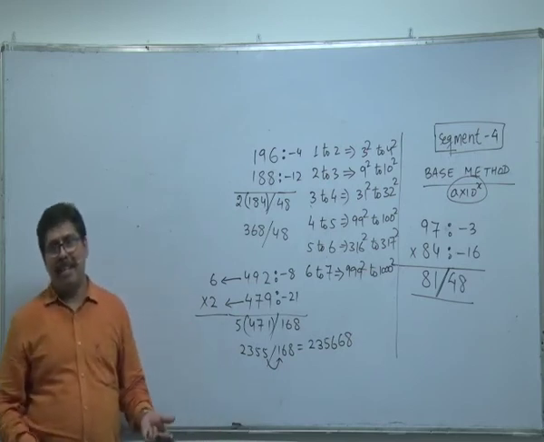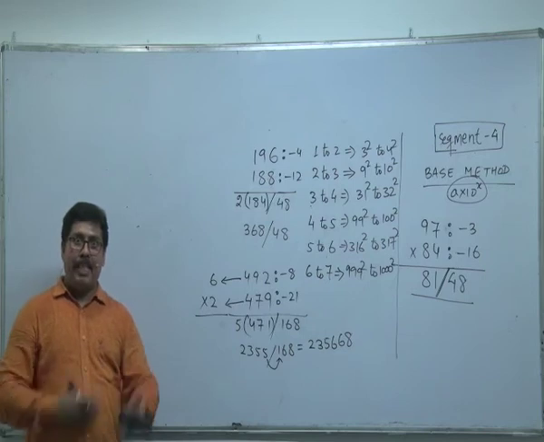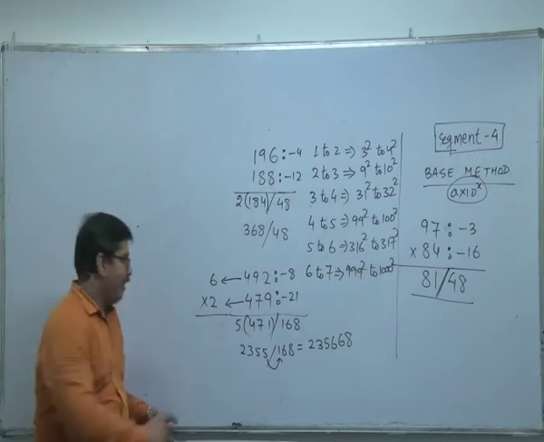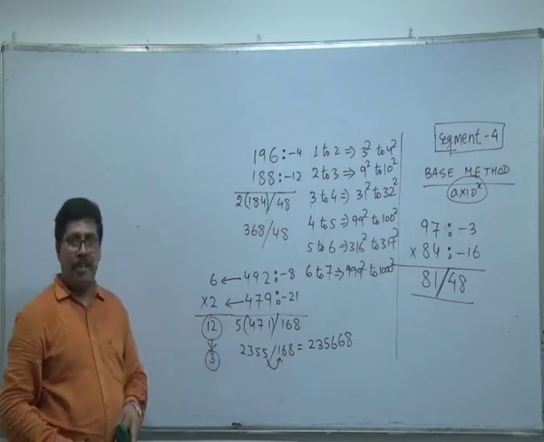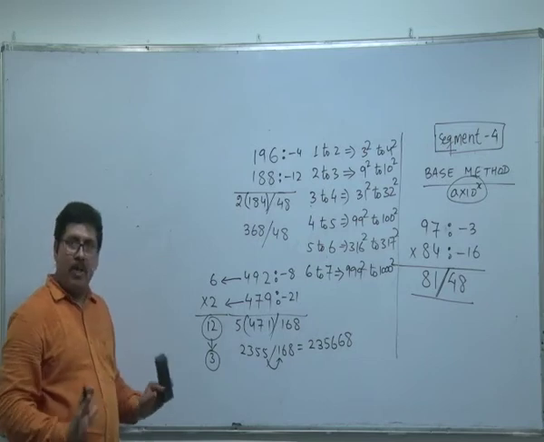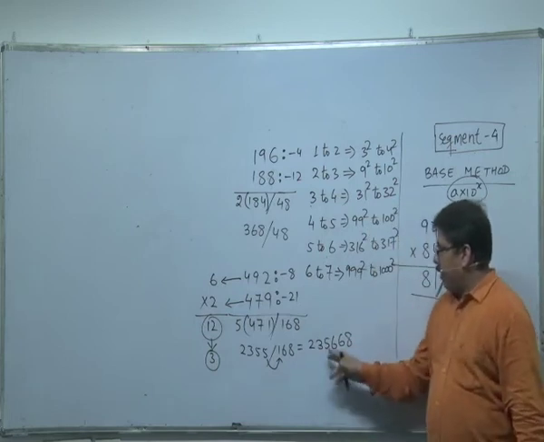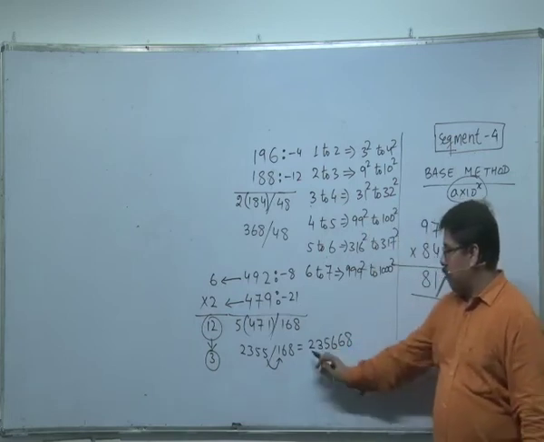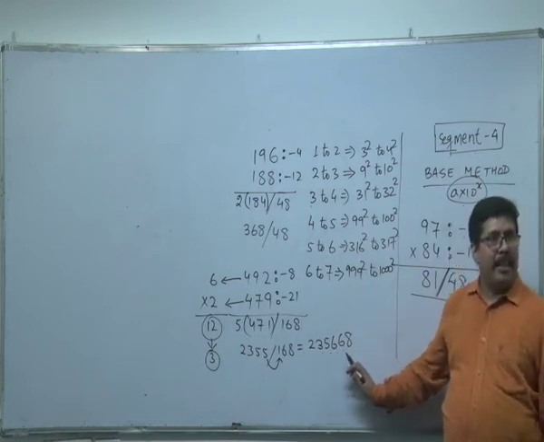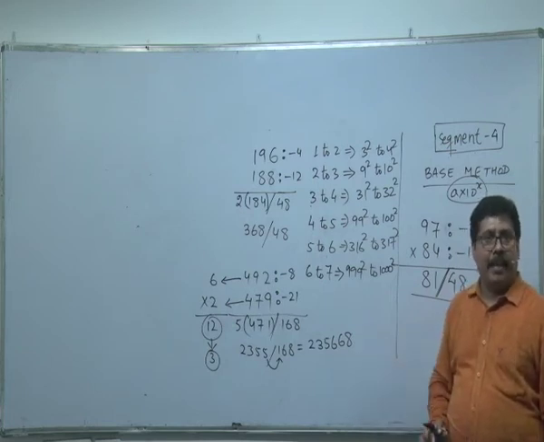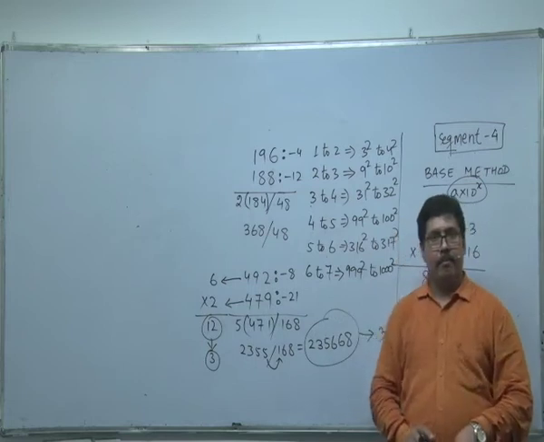अरे बाबा ये कैसा मजाक है? 6 into 2, 3 कैसे हो सकता है? 6 into 2 तो 12 होता है. But 12 is eventually 3 ना? 6 into 2 is 12 and 12 is none other than 3. So we want 3. Just cross-check the digit sum of the result, whether it is 3 or not. 2, 3, 5, 5 is 10, 6 is 16, 6 is 22, plus 8 is 30. And 30 is 3. So my answer seems to be correct.